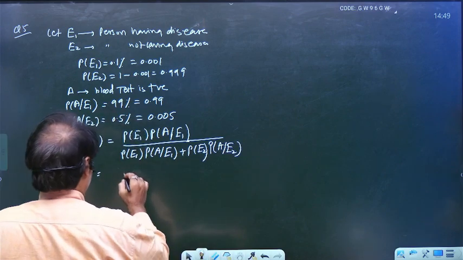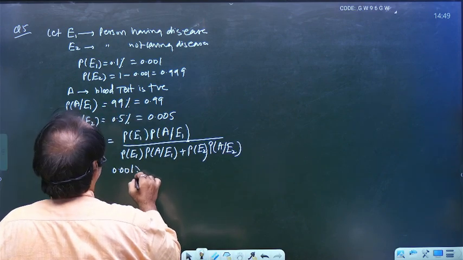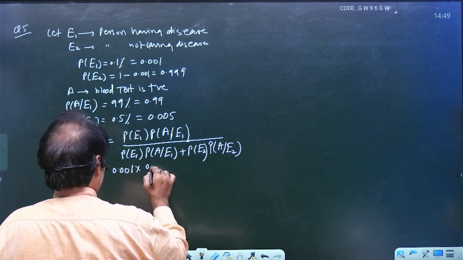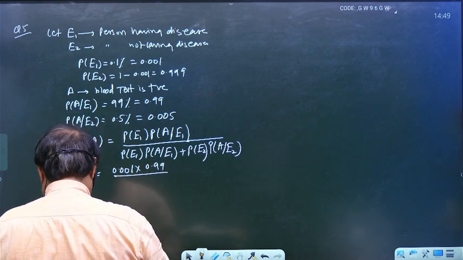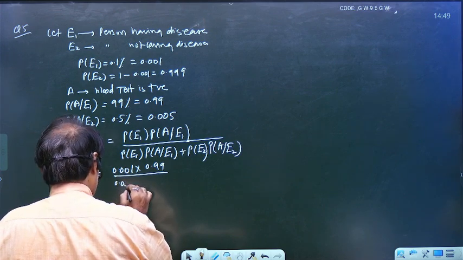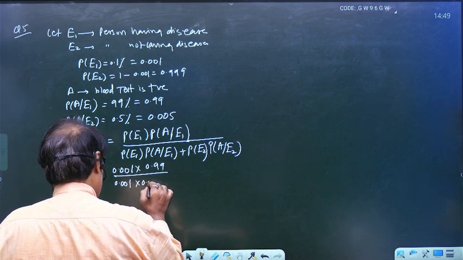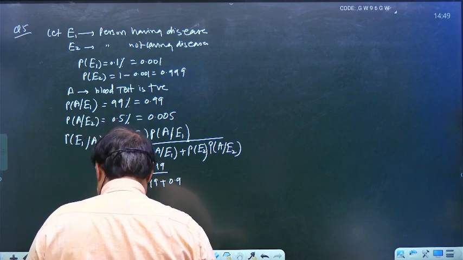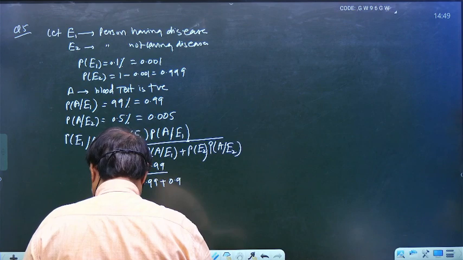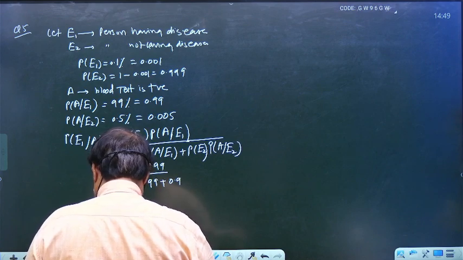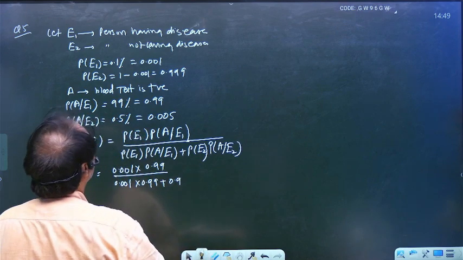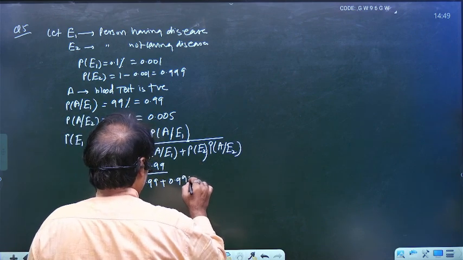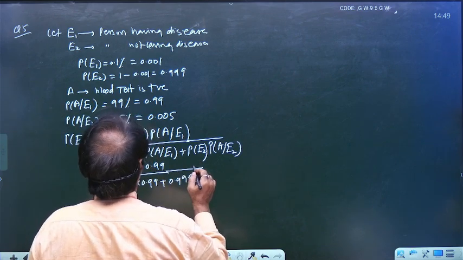So probability of E1 is 0.001 into A by E1, 0.99, divided by 0.001 into 0.99 plus probability of E2. What is E2? 0.999 into probability of A by E2,